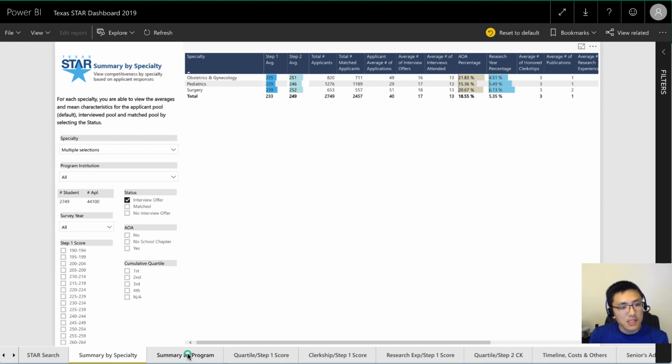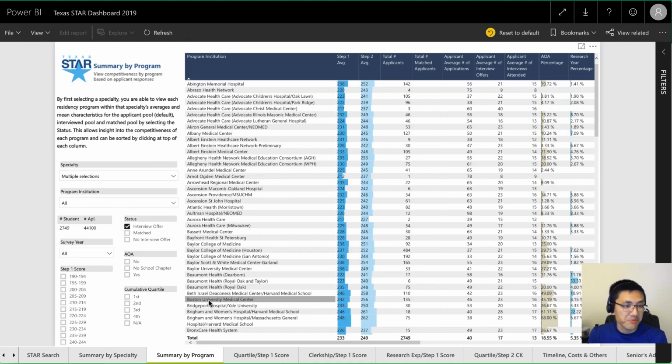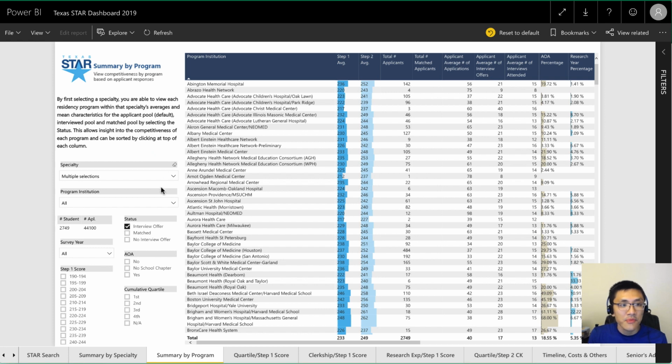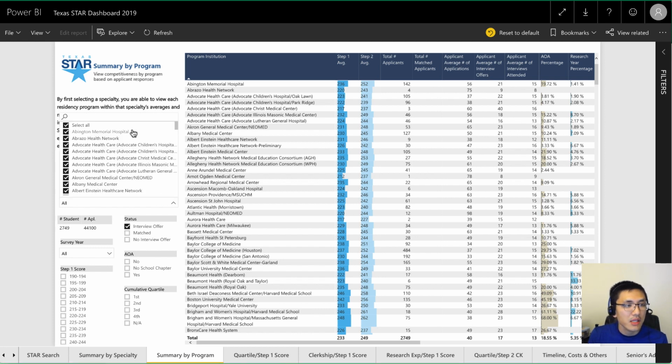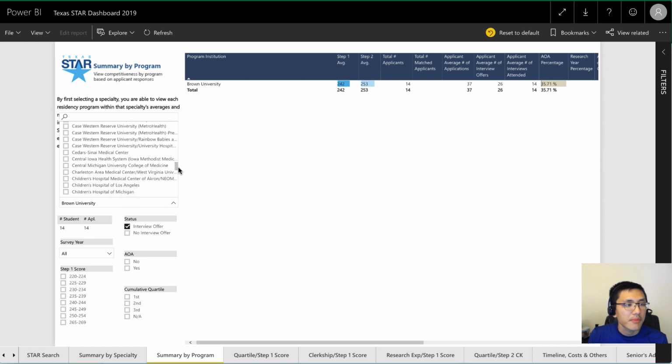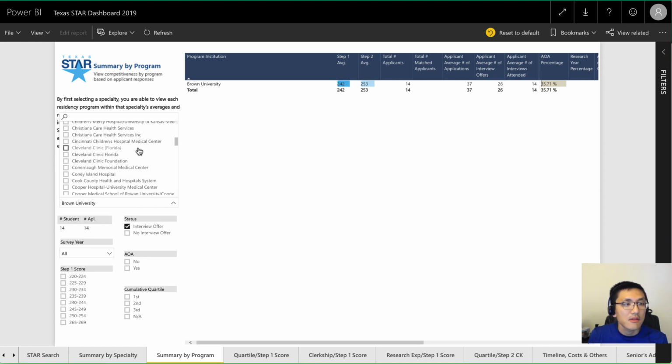So let's move on to summary by program. Now this, as you might have guessed from summary by specialty, is a summary by program. So we already selected a couple of different specialties. Let's leave that be. And so within that, let's say we uncheck select all, and let's just select a handful, right? Let's, I don't know, let's say we pick Brown, and we pick, say, the Cleveland Clinic,